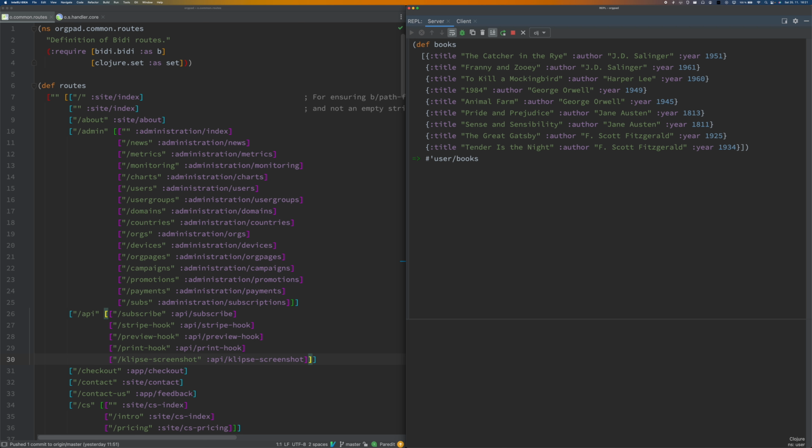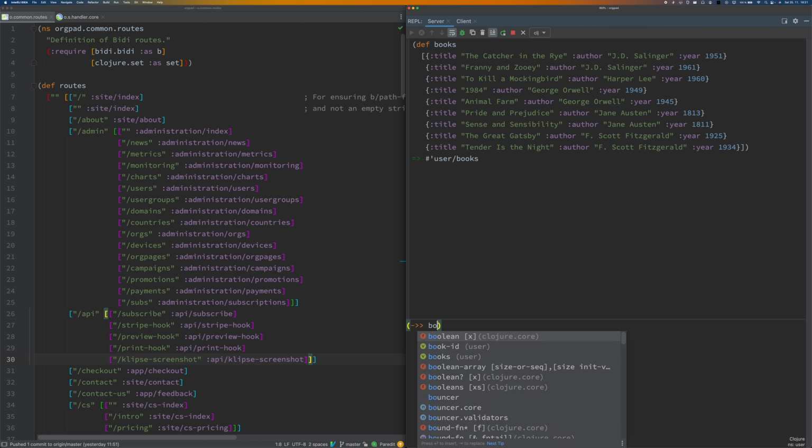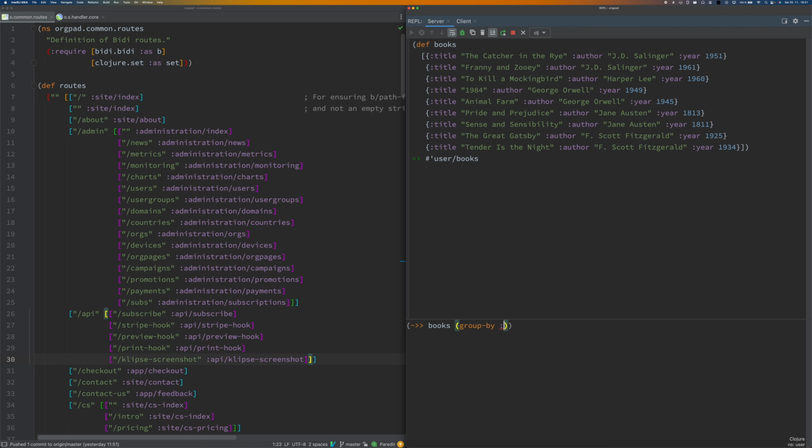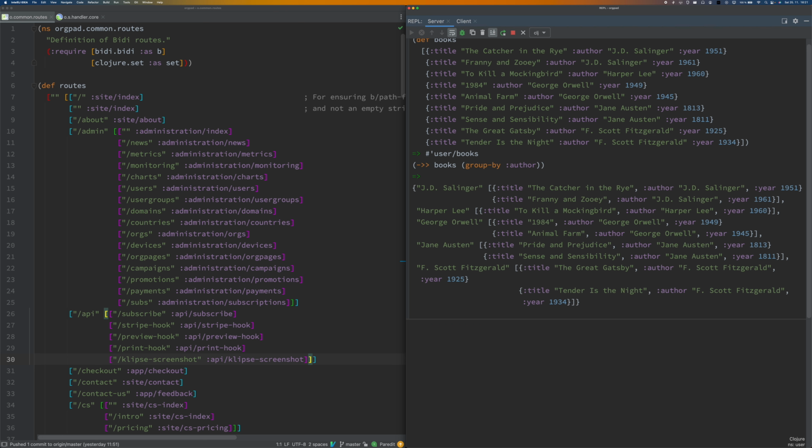For example, I can do some transformations. Let's say I will group the books according to their author. I get a map where the author name is the key and a sequence of all books by this author is the value.